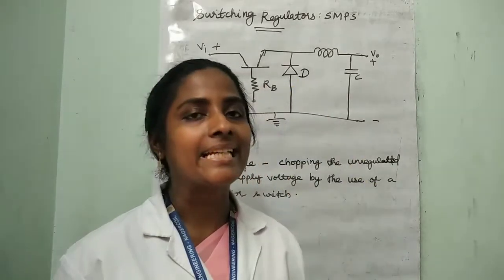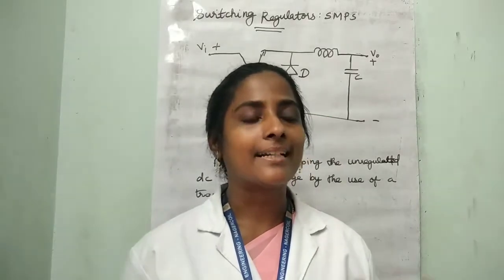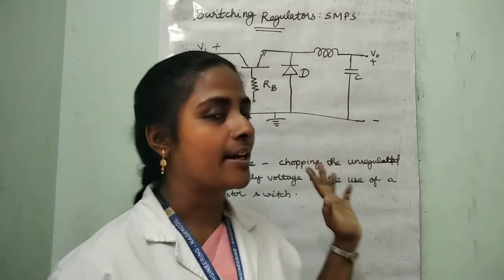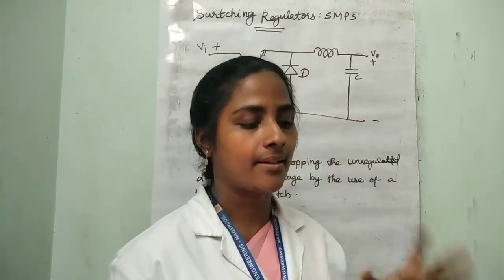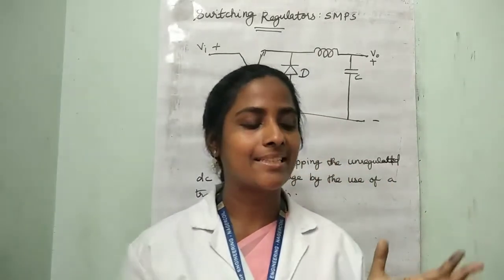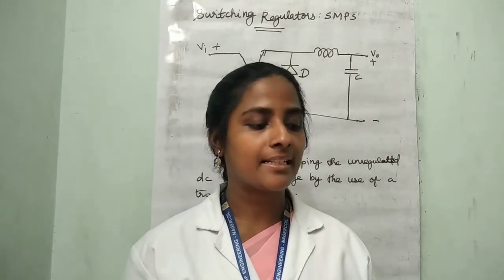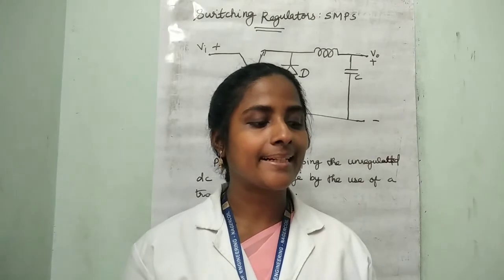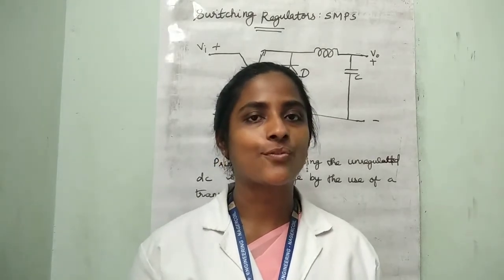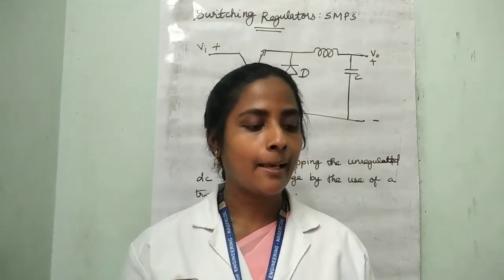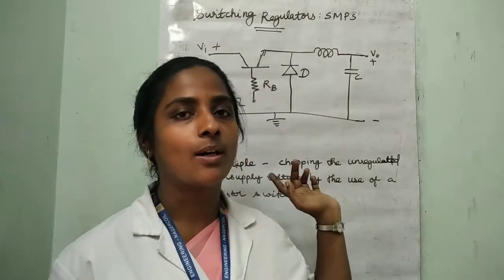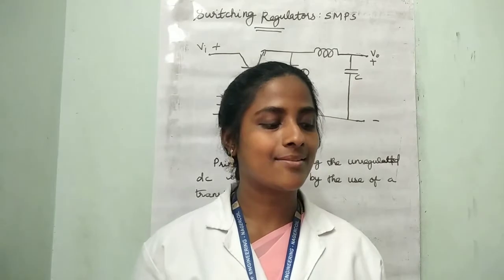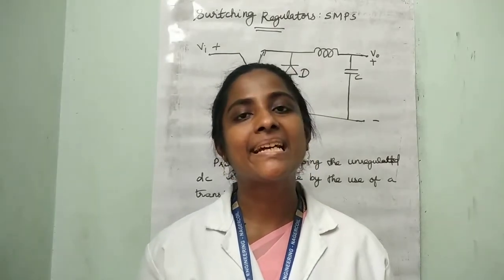For each switching on at the base of the transistor, energy is pumped into the magnetic field associated with the inductor, which is a transformer winding in practice. The energy is then released to the load at the desired voltage level.